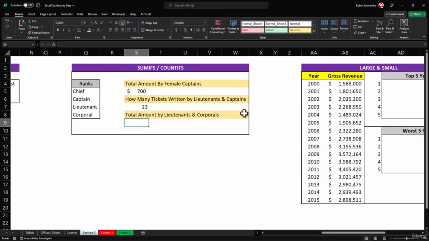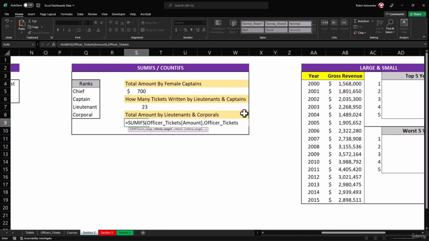Okay, one last question. Total amount by lieutenants and corporals. The other one was counting how many. Now I want to sum up, but by two different ranks. So equals SUMIFS. Again, officer tickets. What are we looking for? The amount, or what are we adding up? The amount. Okay, comma, where the officer tickets, square bracket rank,